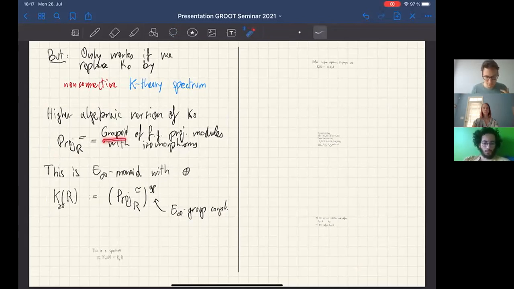Define this as the groupoid of finitely generated projective R-modules, and the only morphisms are isomorphisms, otherwise you wouldn't have a groupoid. And this is what's called an E-infinity monoid. So you have an addition, you can take the direct sum. But if you think about it, associativity laws for addition